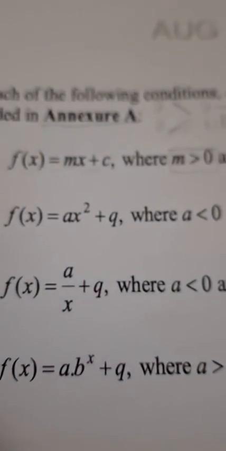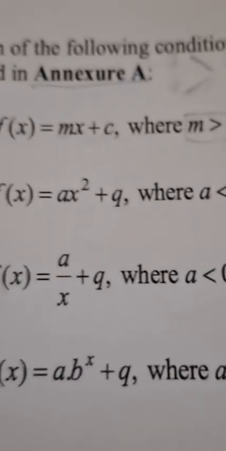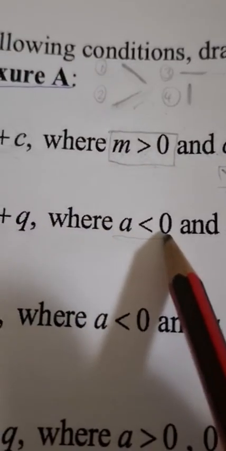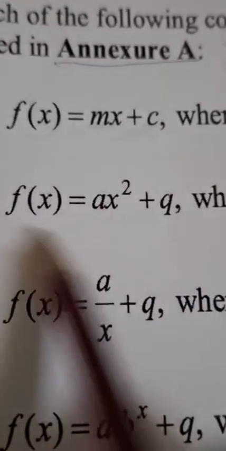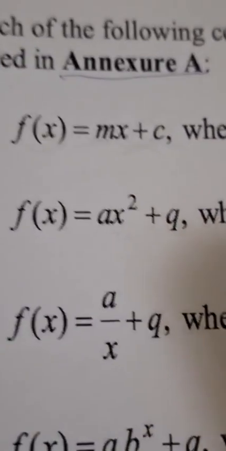Draw a rough sketch of f of x is equal to ax squared plus q. Okay, ax squared plus q. Repeat, ax squared plus q, where a is less than 0 and q is greater than 0. So let's look at this, guys. What type of function is this? Straight line,